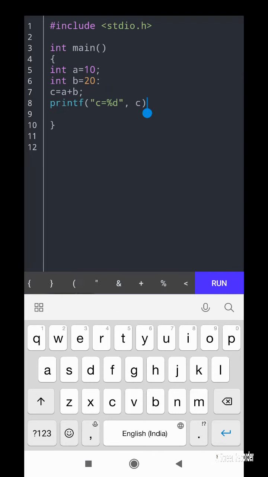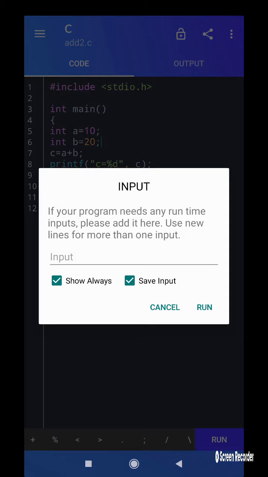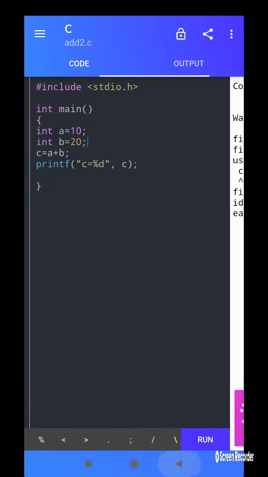You have to be very careful, because the colon and semicolon appear similar. You have to correctly give a semicolon. The program will be automatically saved. Okay, the program is ready. Now I'm running the program. Then again some error.